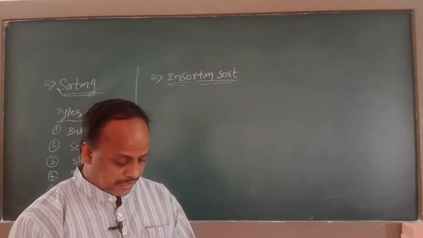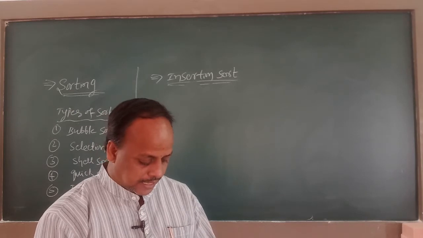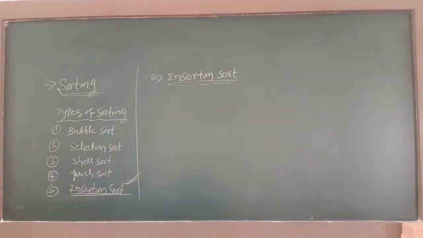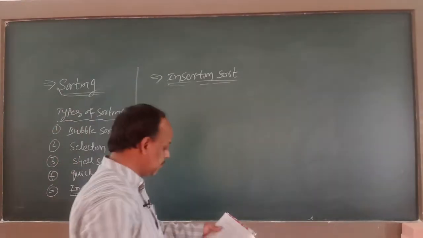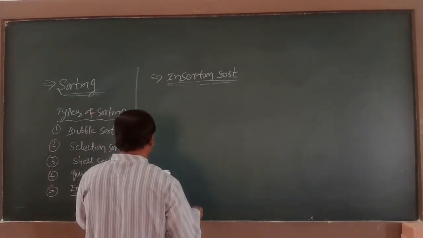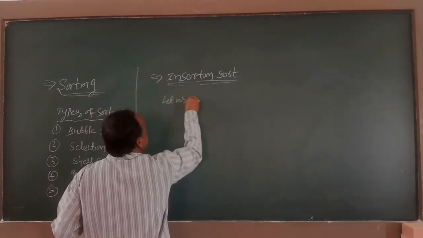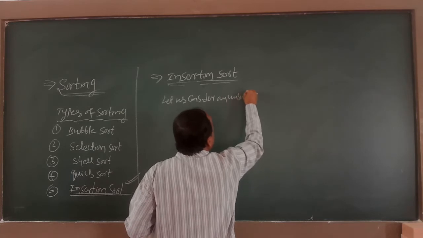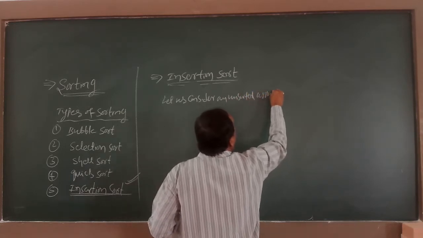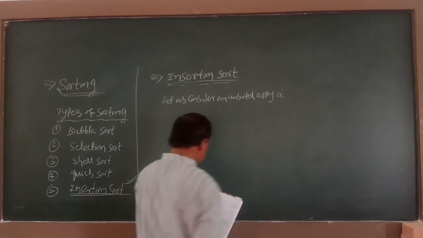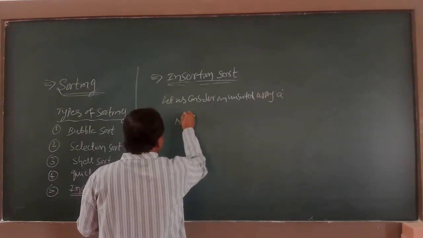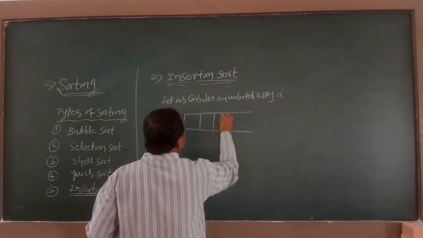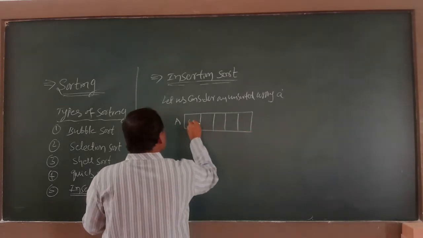For example, let us consider an unsorted array A with 5 elements, that is 55,